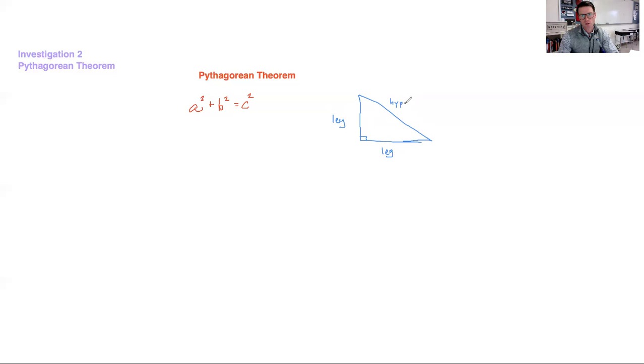It's really important that we know these pieces and which is which. The legs, there's always two, and the legs are always the sides that make up the right angle. The legs will always connect to form the right angle, and the hypotenuse is always across from the